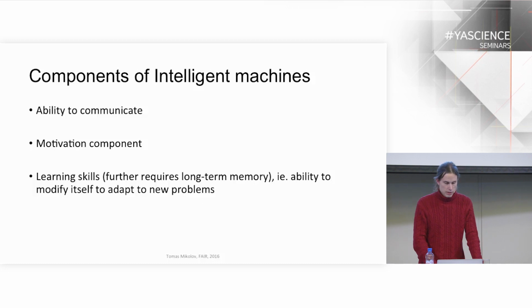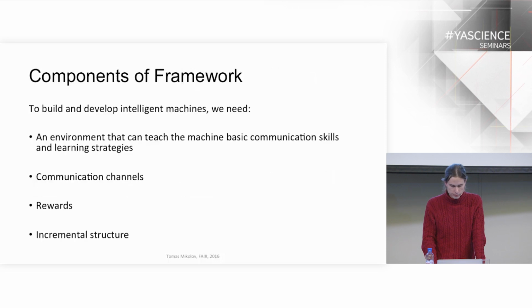And then there are the learning skills. Now it's maybe becoming more obvious, but a long time ago people did believe that maybe the intelligent machine can be pretty much programmed by rule-based approaches, and we believe that it should be based as much on learning as possible, which will require all kinds of further components that I will be talking about later, like long-term memory and being able to learn how to modify itself and adapt to new problems.